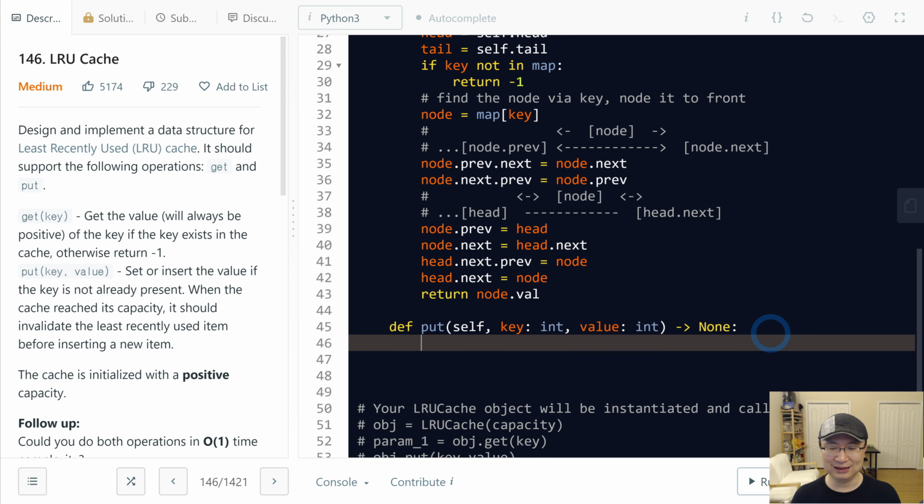Alright, okay, last. When you put a new item, there are two conditions. First is the key is already stored in the linked list. At that time, we just update it because key must be unique. But if there is no key in the map, we just create a new one. So first we need to check whether the key is already in the map or not. If key in map,